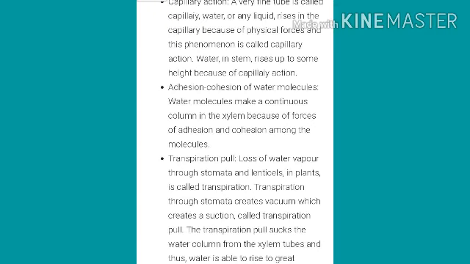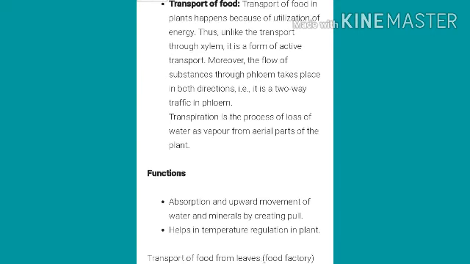Transpiration pull: loss of water vapor through the stomata and lenticels in a plant is called transpiration. Transpiration through the stomata creates a vacuum which creates a suction called transpiration pull. The transpiration pull sucks the water column up the xylem tube and thus water is able to rise to great heights. अब आती है बात ट्रांसपोर्ट ऑफ फूड की कैसे होती है।